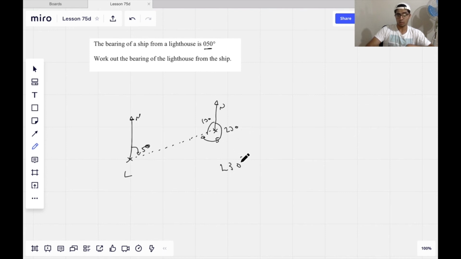There we go. This came from a past exam question, and at the bottom there's the answer, degrees. So here I'd write 230. Or else if it was just this kind of question, I'd write out in full, the bearing of the lighthouse from the ship is 230, but since it comes from that kind of question, there you go. Sometimes the bearing questions are a bit harder than this actually, because what they involve is some form of construction,